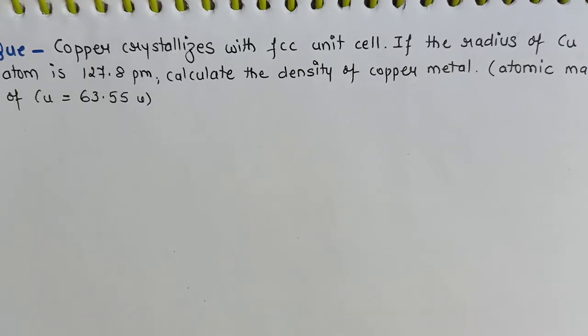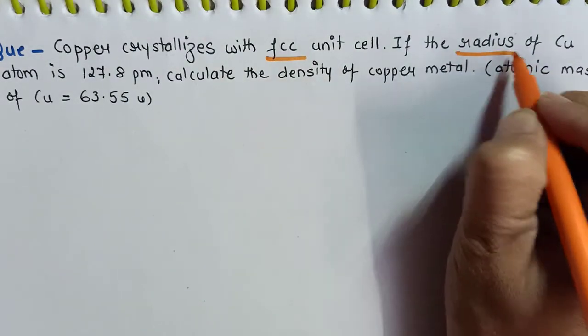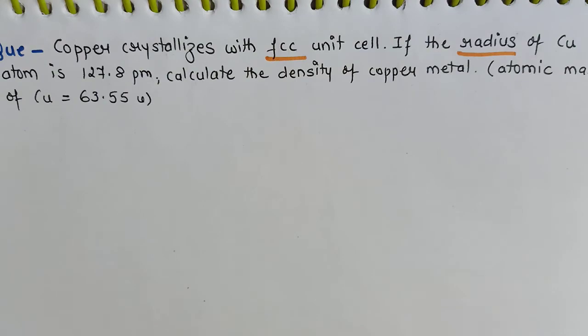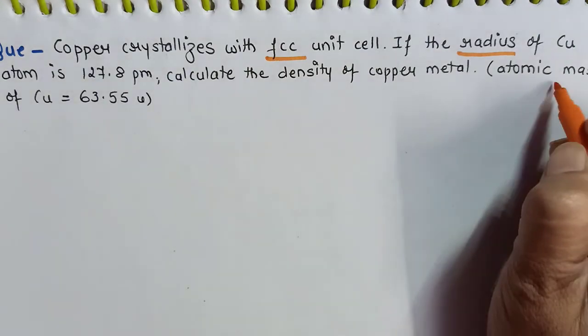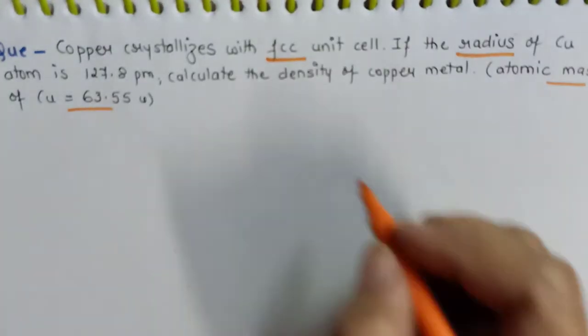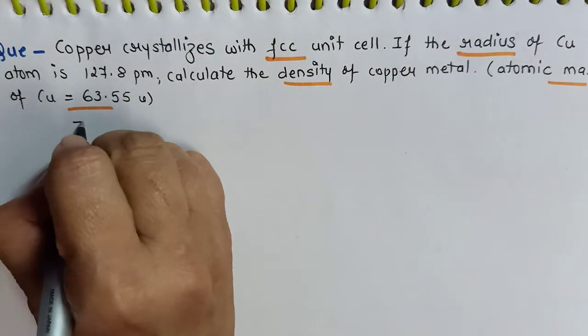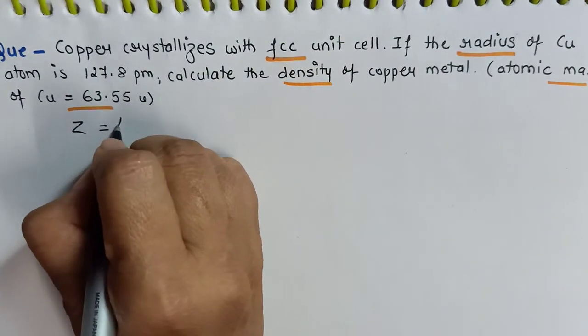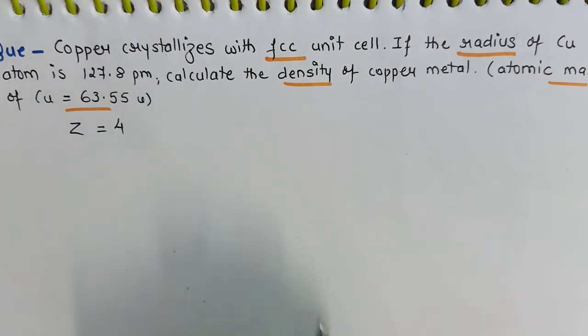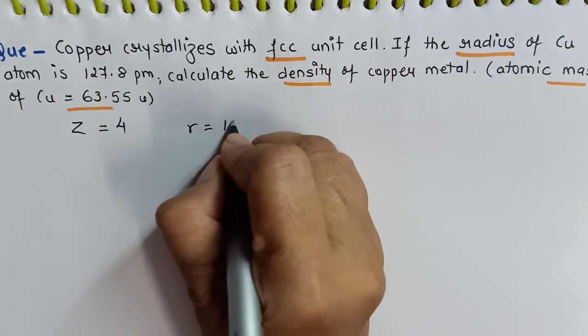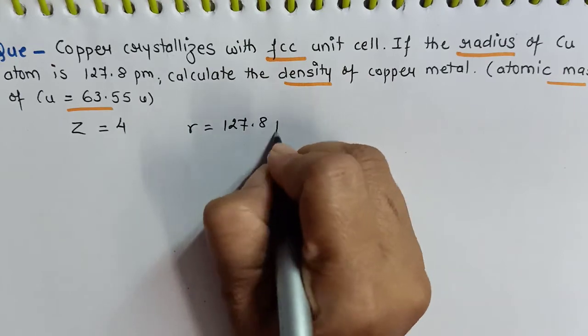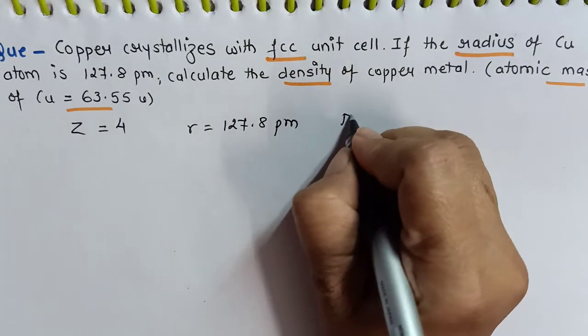In the next numerical, it is an FCC unit cell. So obviously Z will change now. And instead of edge length, now radius is given, along with the atomic mass of copper. Again, we are supposed to calculate the density. So let us write the information. Z will be 4. Radius is given, 127.8 picometer. The mass is given